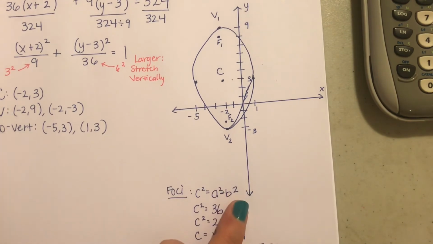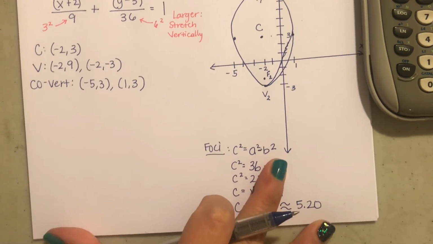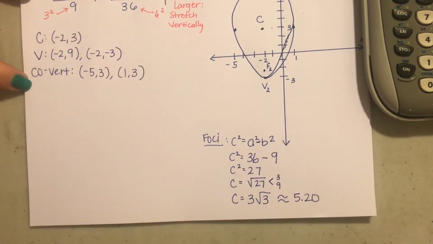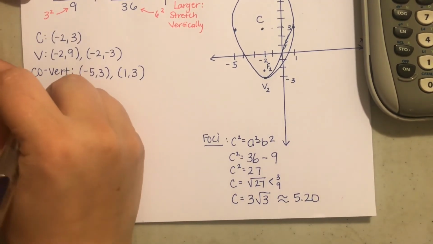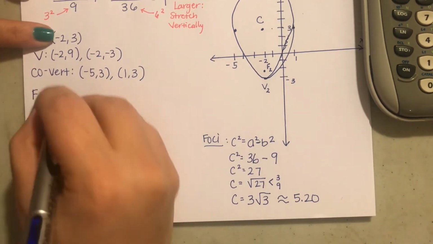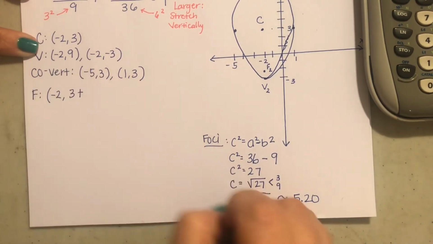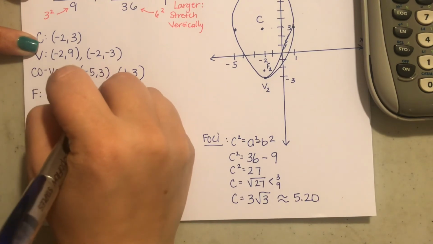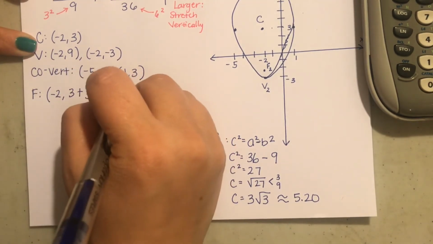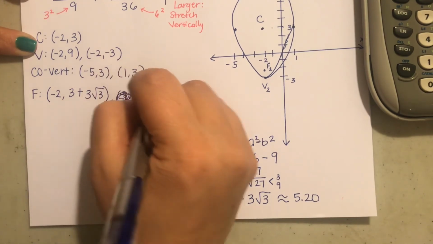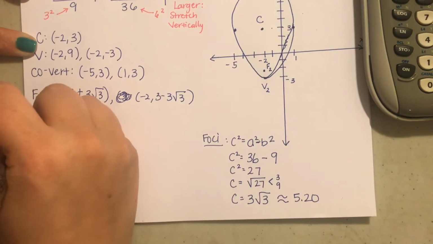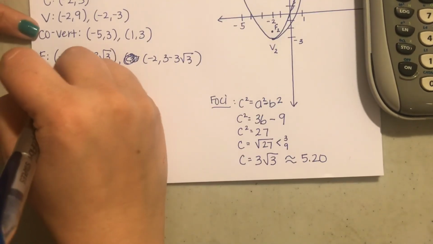The only thing missing over here would be what are the actual coordinates for the foci. So again, we're moving along the y-axis. So we're staying at -2 for x. We're going to have -2, 3 plus 3 square root 3, and -2, 3 minus 3 square root 3, or if you'd like, you can write